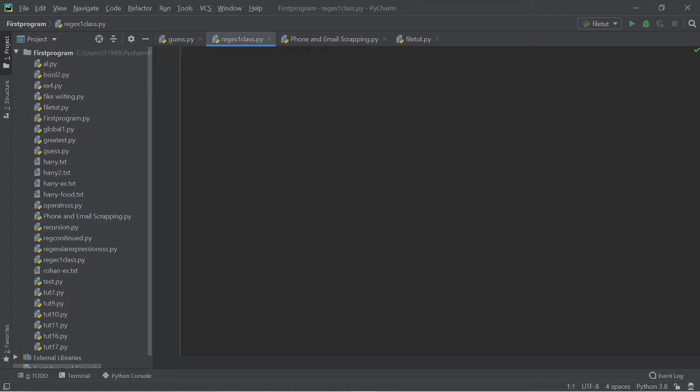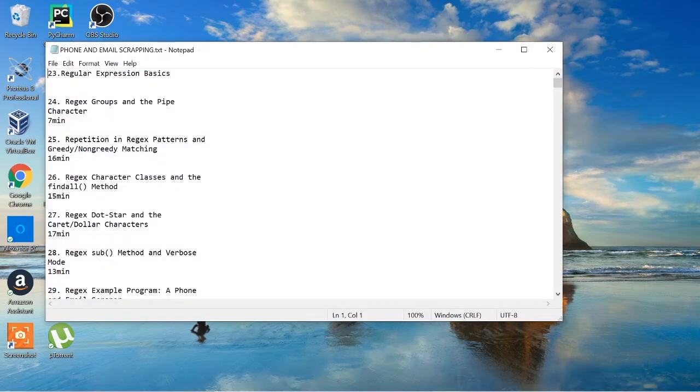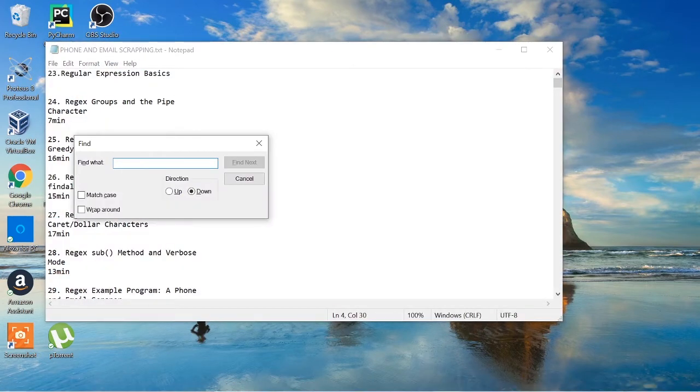See, if anyone asks you to find something in Notepad or in any expression, what would you do? If he asks you to find a name starting with a, then you would press Control F, and it would open. Wait, I'll open Notepad and show you. If you press Control F, then you say find the pattern a, then find next, and the computer would automatically find the character.